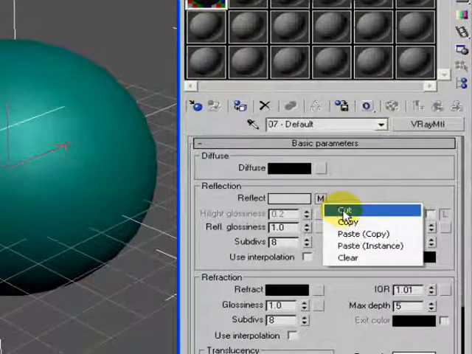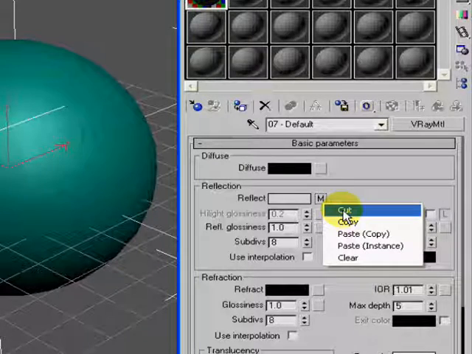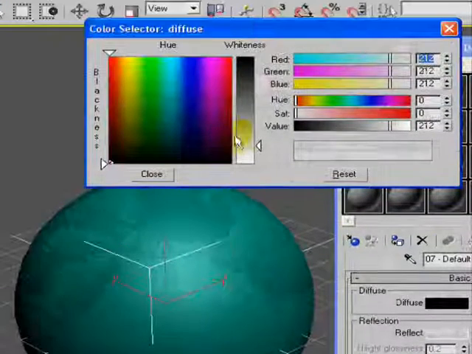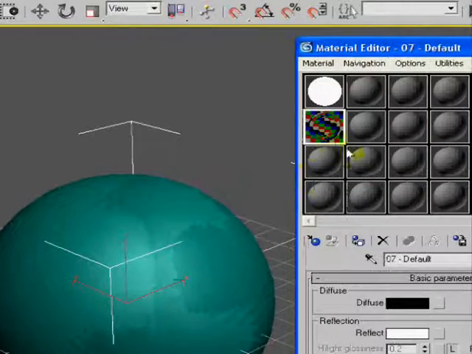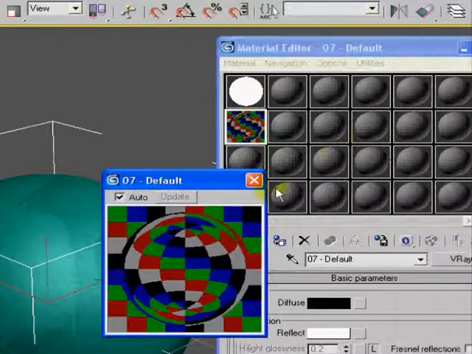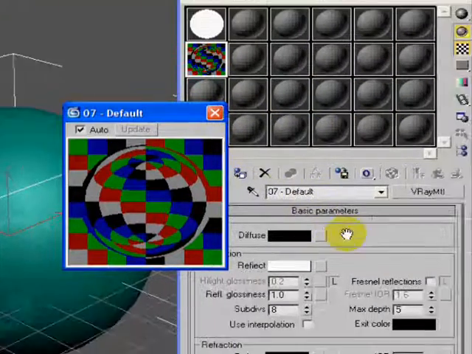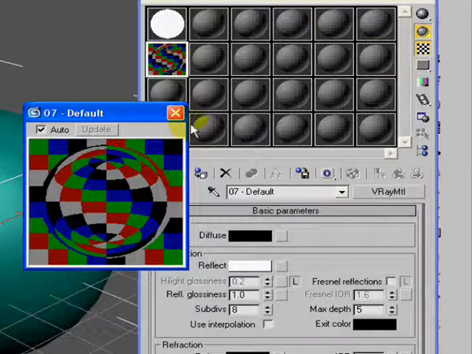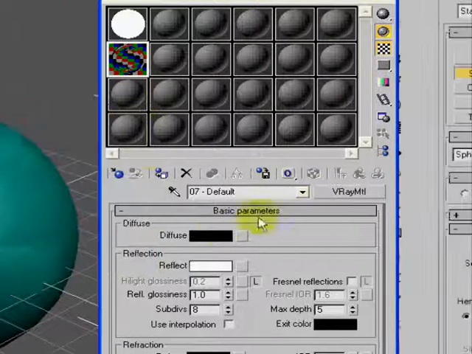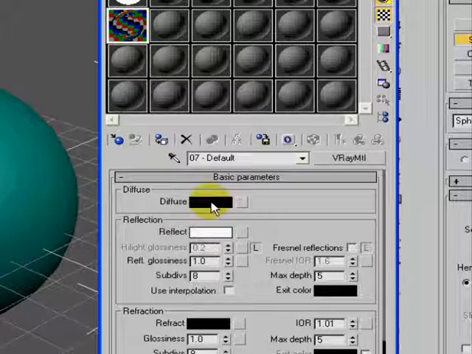And the thing to remember with chrome and other metals is that a lot of times they're getting most of their color from reflection. So you can see that the chrome itself is kept completely black, but it just reflects everything around it, so it gets its color from its environment. And that's similar with a lot of